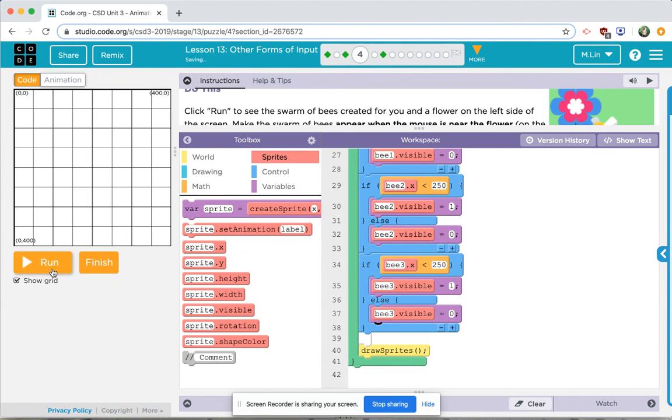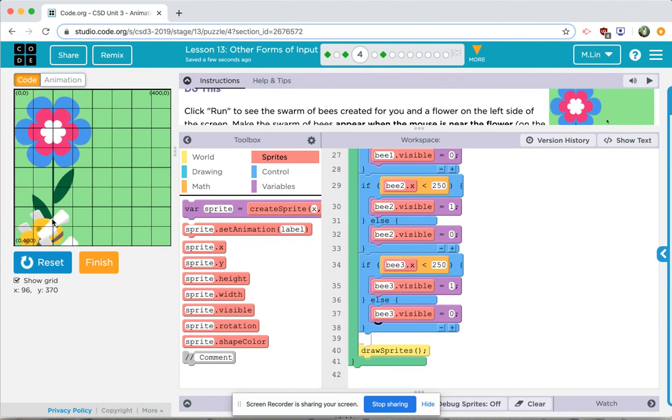I'm going to reset. I'm going to run, and let's test it out. So right now my B's are below 250. If you look at the X, it's below 250. And hopefully when I pass 250 on the X, oh, those B's disappear. Okay. So once again, when I get less than 250, they appear. And the moment that that X hits past 250,